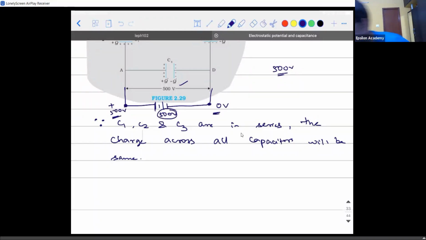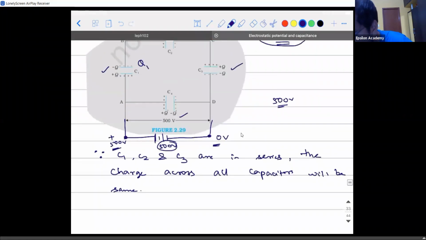Now listen to this carefully, okay? If I observe, I have a point here. I'm using red color. I have a point here and I have another point A. If I call this point as P, what is the connecting medium between A and P? It is a wire, right? Remember this point. Whenever 2 points are connected with the help of a wire, both those points will have the same potential. Write it down.